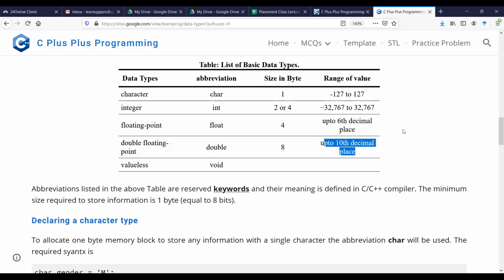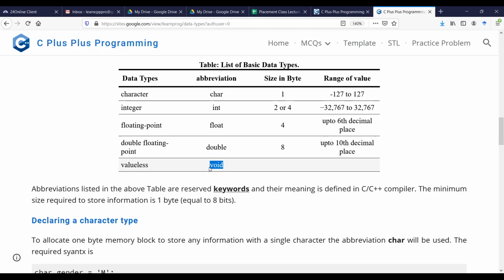And in addition to these 4 data types, there is another basic data type. We also call it a generic type, and we call it valueless void. Okay, so you must be familiar with this. Suppose a function does not return anything, so we declare that function as void, meaning valueless. If a function doesn't have any argument, we can specify the void keyword in the argument list, meaning valueless again.